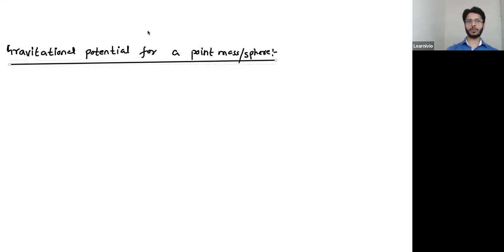In the last section, what we did was the general definition, which is valid for all types of mass configuration. When I say types of mass configuration, it means your massive body could be a point mass, a sphere, a rod, or a sheet, could be anything. But if you have a point mass or a sphere,